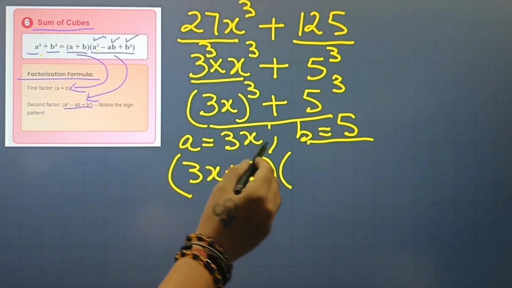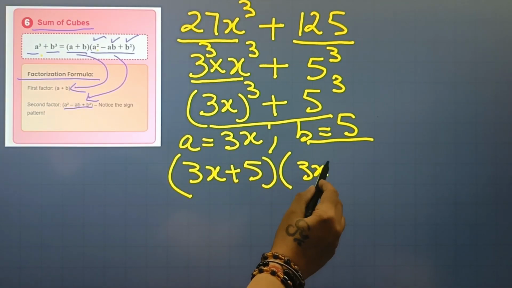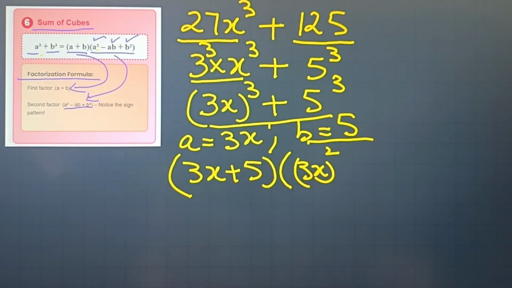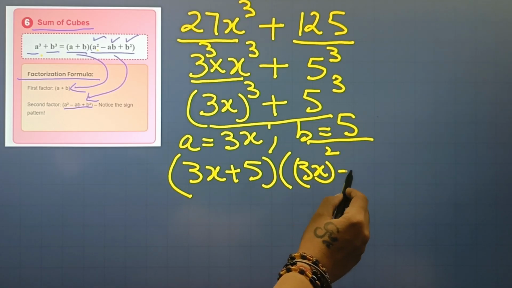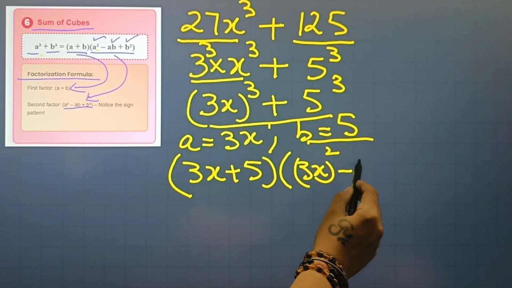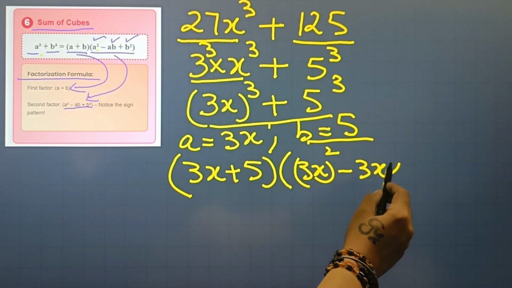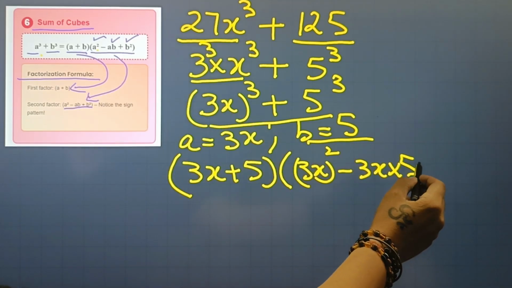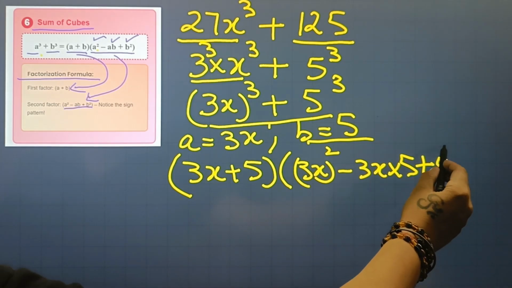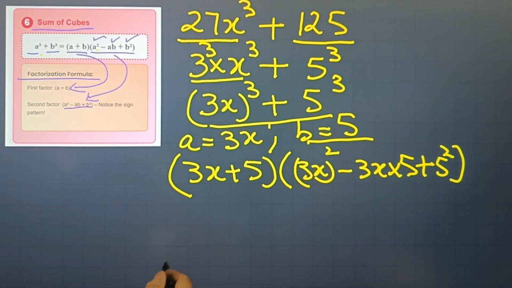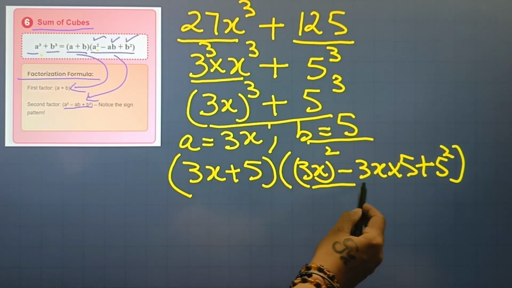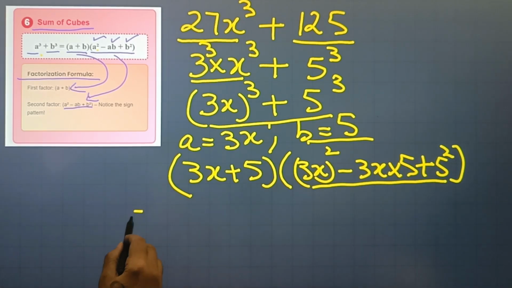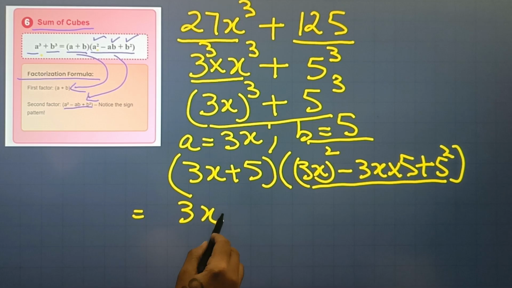Now a square, which is (3x) whole square, then minus ab, that is minus 3x into 5, then plus b square, that is plus 5 square. Now we can further simplify these terms, which is 3x plus 5